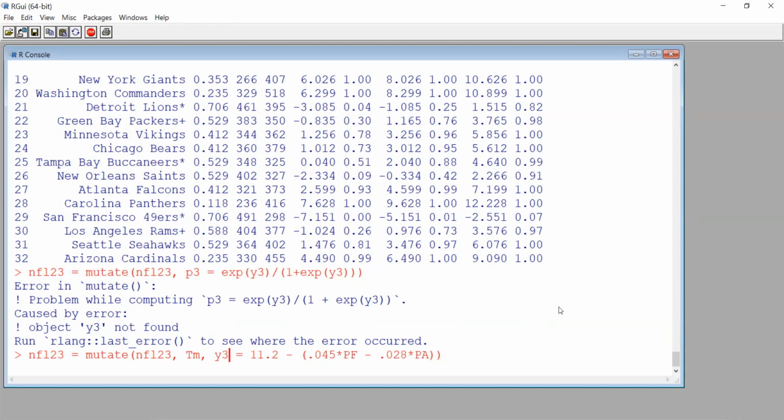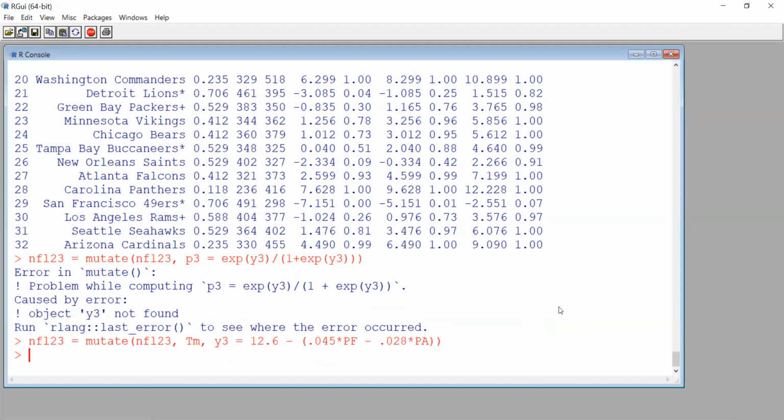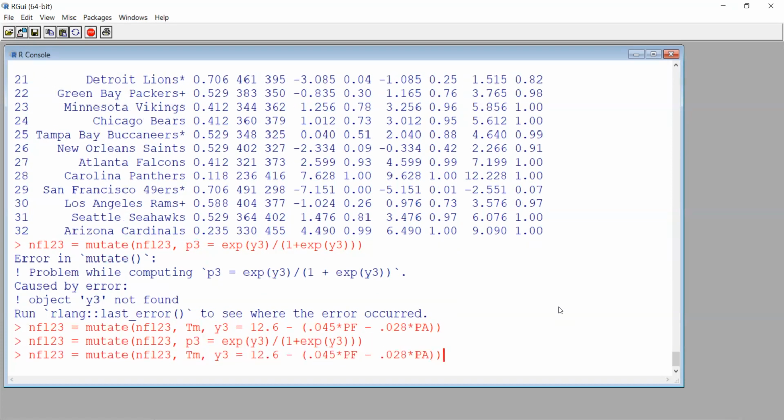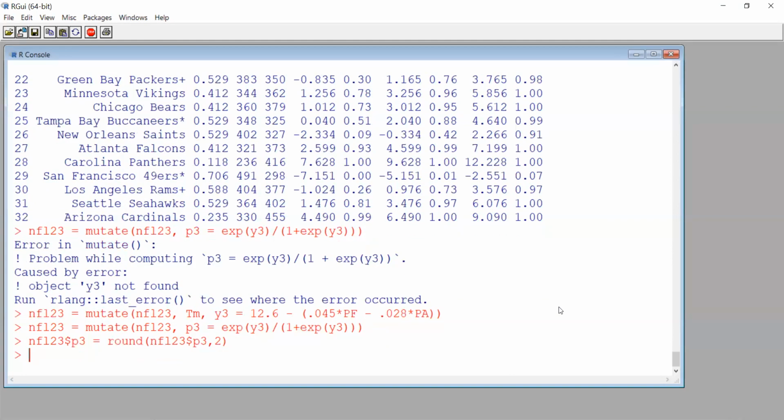So Y3 is 12.6. Everything else stays the same. And now I can do that 3, and now I can round it. And now let's look at the head of it.